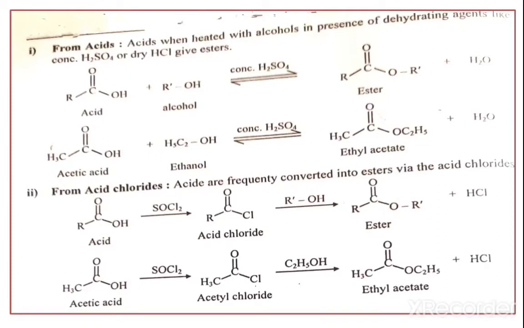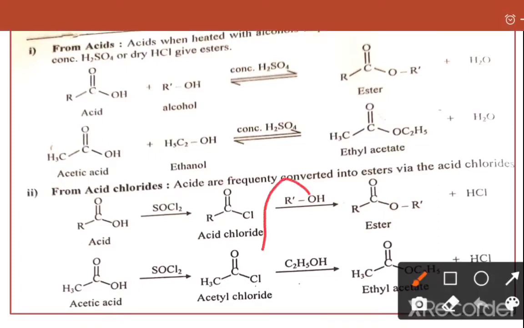And if you see the mechanism here, the alcohol will again attack on this electron deficient carbonyl, and here departure of this chlorine, and we get HCl, and this is our final product, that is the ester molecule. This is a simple mechanism. Now we take an actual example. Here this is acetic acid. First the acetic acid will be converted into acetyl chloride by using SOCl2. Here the OH will be converted into Cl.